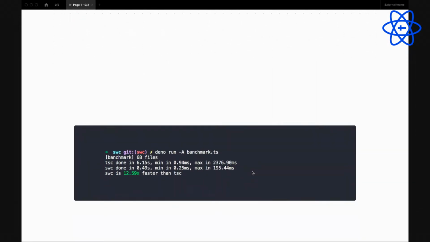Here you can see a benchmark of how much faster SWC is than the TS default compiler.